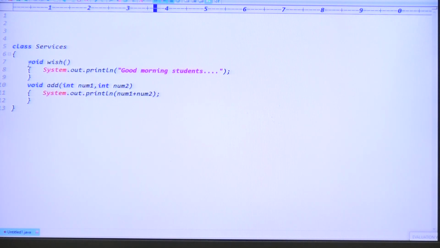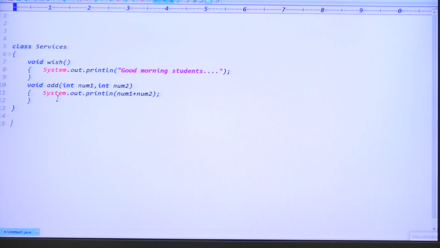That's it. Guys, are you clear now? So I declared the class Services. Inside the class, how many methods did I declare, guys? Total 2 methods: void wish method and void add method. Wish is expecting 0 arguments, add is expecting 2 arguments, right? Exactly, guys. But see, at the project level, in real time, don't think that logics are there in one class and the main method is also present in the same class. Logics are present in one class and the main method is present in a different class, which is basically the controller class. Guys, I hope you are clear, right?